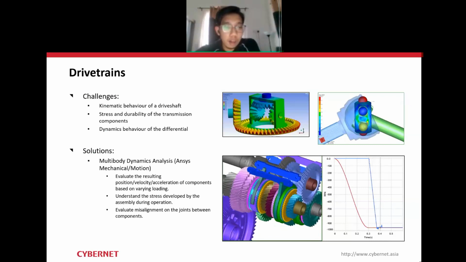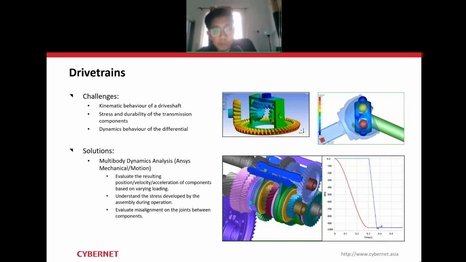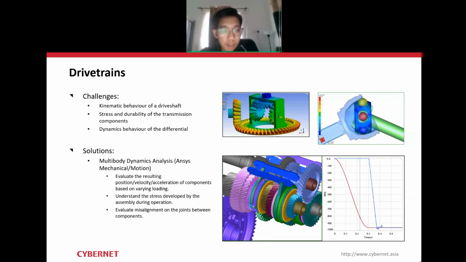So drivetrains are another part or component that can definitely take advantage of structural simulation. Some challenges that designers or engineers might face when designing drivetrain components include the kinematic behavior of a drive shaft, the durability of a transmission component, or the dynamic behavior of the differential and so on. For dynamics problems, Ansys has multi-body dynamics analysis capabilities, which can help to address these challenges by providing insight